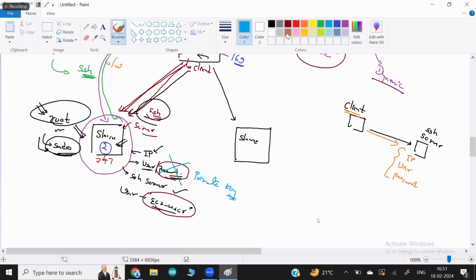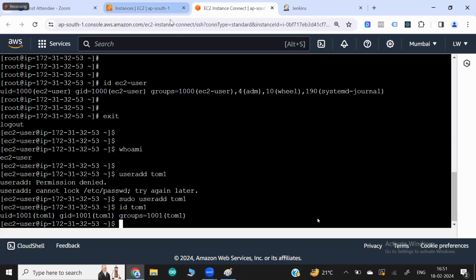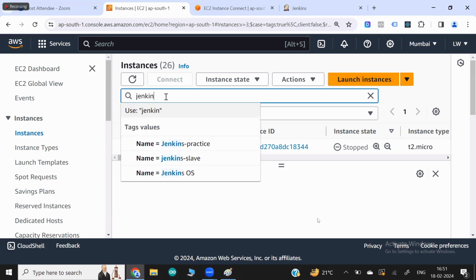That is the reason that if you launch the OS in the AWS cloud, they create this user and they create one private key for this user. This is the private key that I downloaded while launching the OS. When you launch the OS in the AWS cloud, they ask you to attach the key or create the key. That was the private key that I have. So in my case, the Jenkins system,